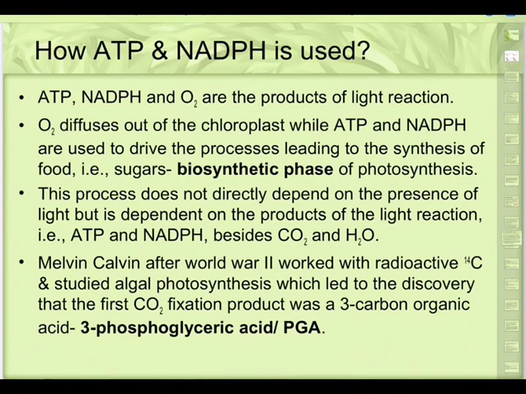So there is one great scientist, Melvin Calvin, who after World War II worked with radioactive C14 and studied algal photosynthesis, which led to the discovery that the first CO2 fixation product was a 3-carbon organic acid. It is called PGA, 3-PGA. PGA stands for phosphoglyceric acid. And how this